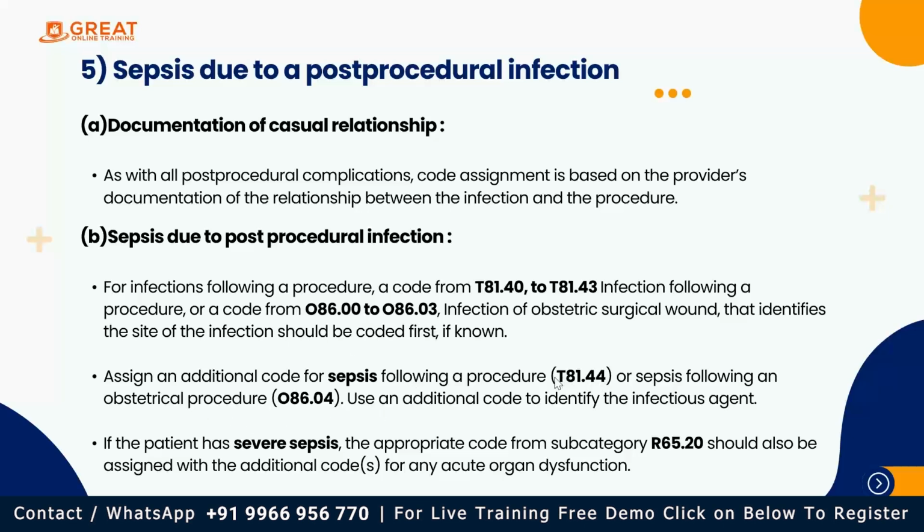And then our second code will be, this is for post-procedural infection. And next we have to code sepsis, which we have separate code for, which is T81.44 or O86.04. But we don't have separate code for severe sepsis. So we have to use same code,